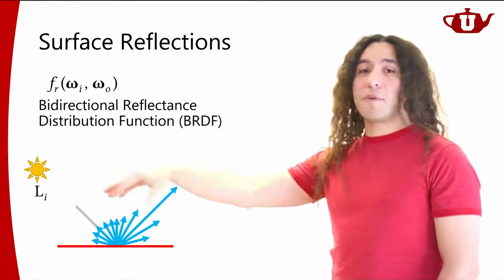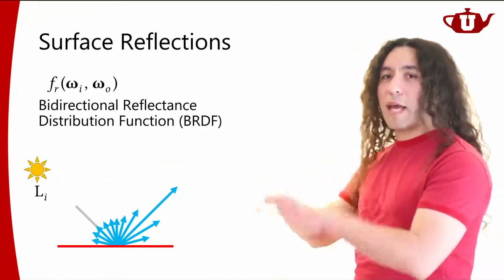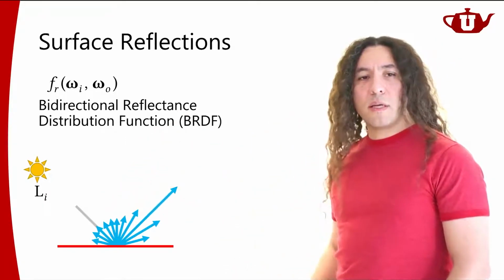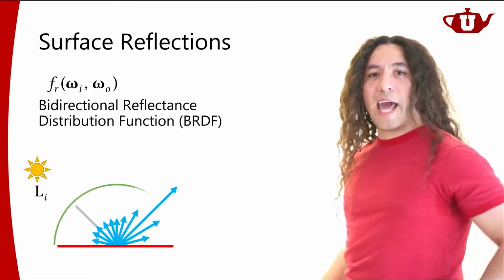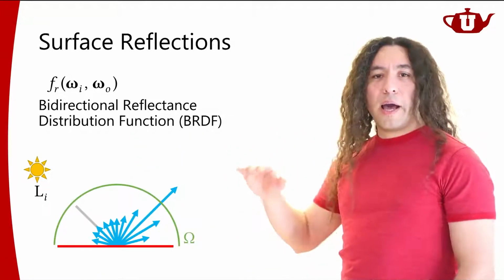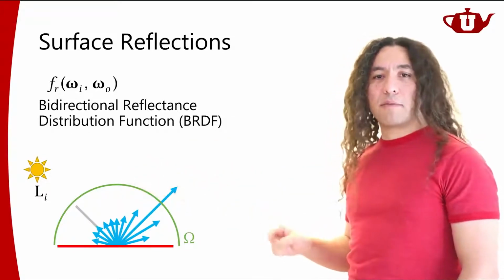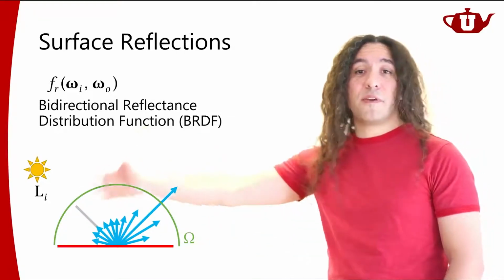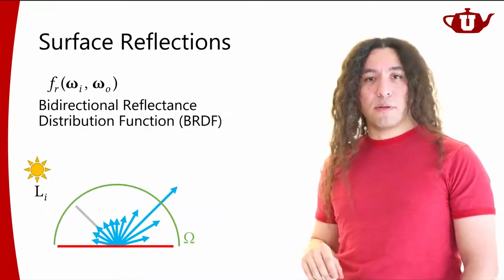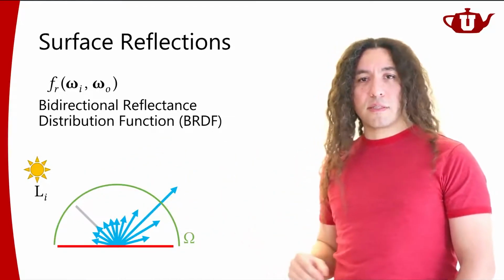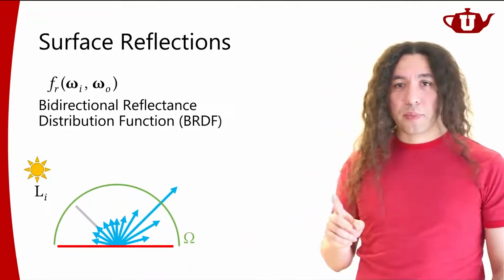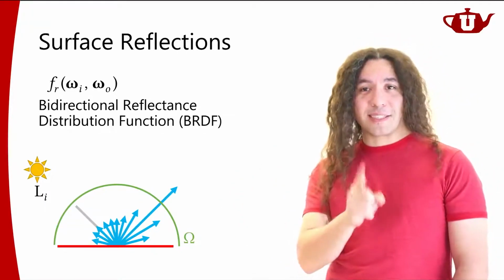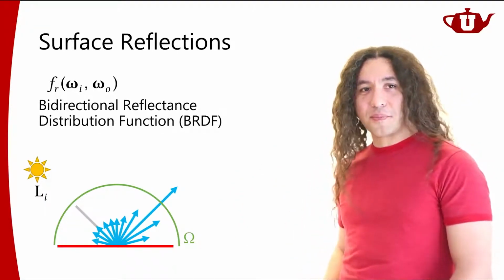So my light can come from all directions, of course, and in the end, it's going to scatter in all directions over this point. We can think of this as a hemisphere over this surface. And I'm going to represent that hemisphere of all directions using this capital omega symbol. Right? That's the hemisphere of all directions over this surface. Now, the important thing here is energy conservation. Let's think about energy conservation for a little bit.